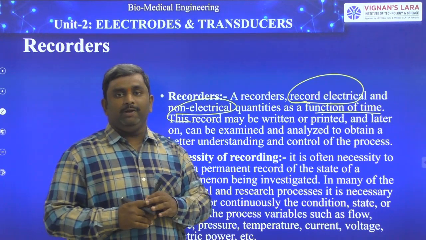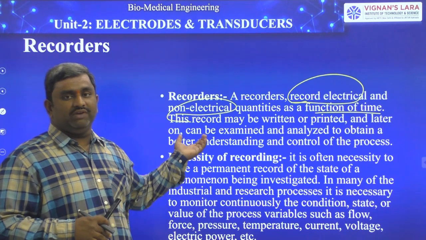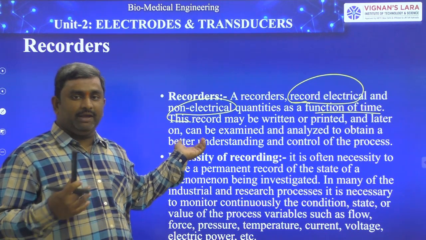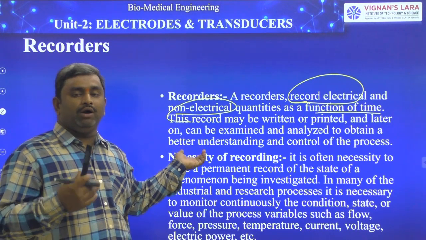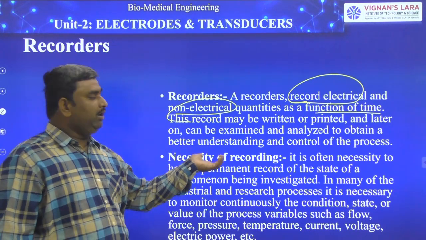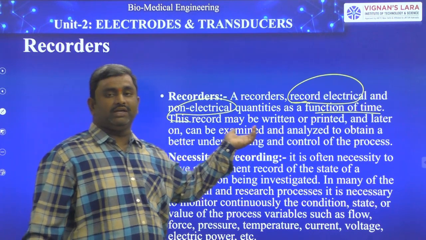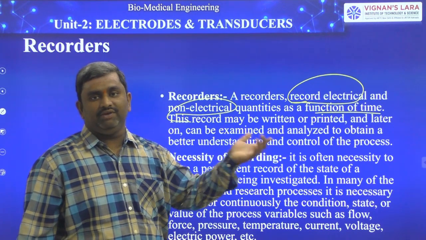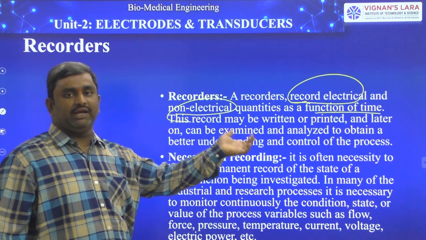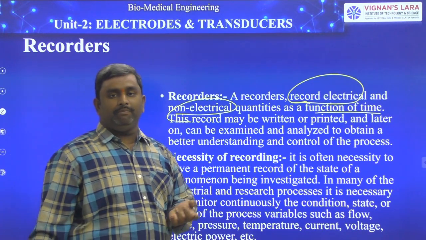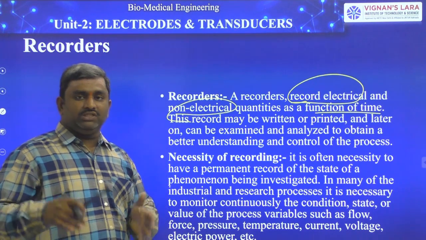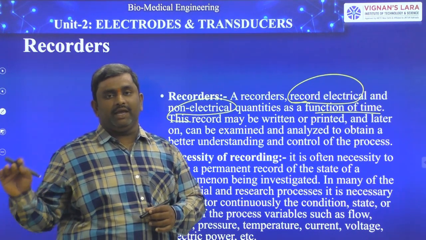So for that reason, the nurses will examine the heart's electrical activity and take a printout. They will record that information on paper, using the connected electrodes. From these electrodes they connect a recording machine. That recording machine draws a graph on paper. So this graph paper will be kept aside.